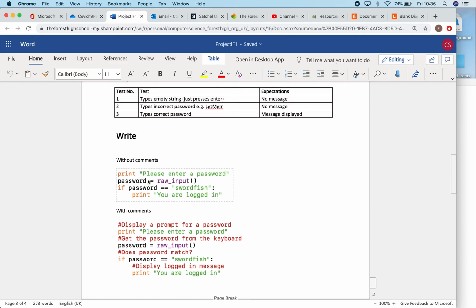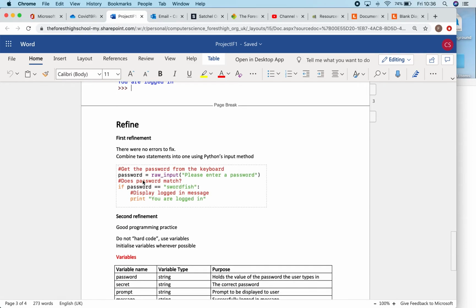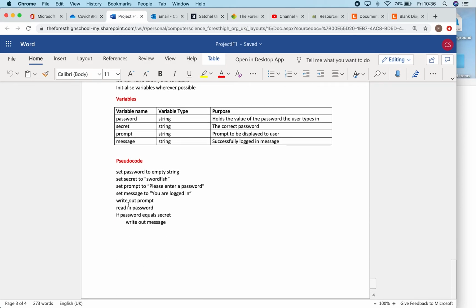Let me scroll up to the old pseudo code. You might want to have a look at it. It just said write out, please enter a password, read in password. If password equals swordfish, write out you're logged in. Those 4 lines still exist in my new pseudo code: write out, read in, if